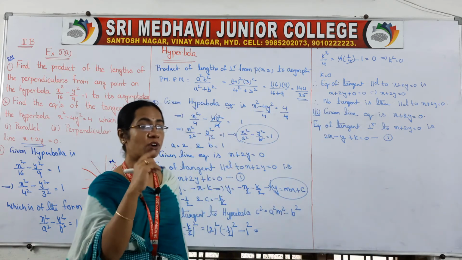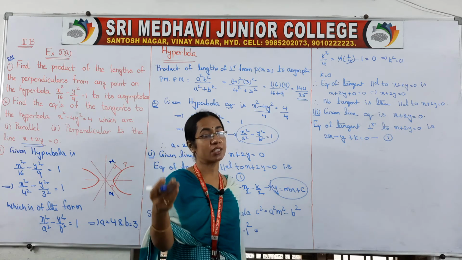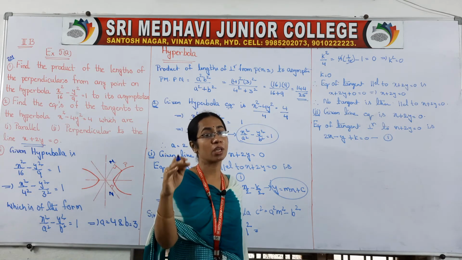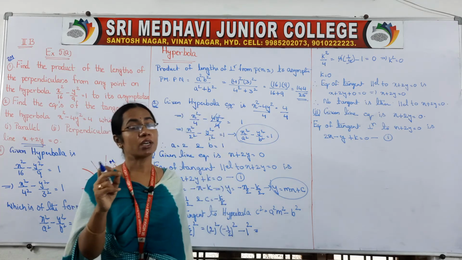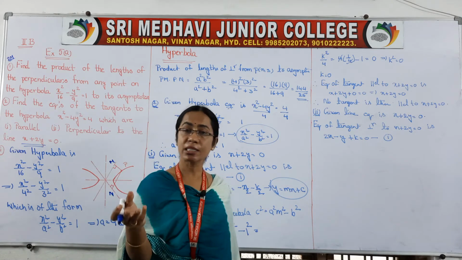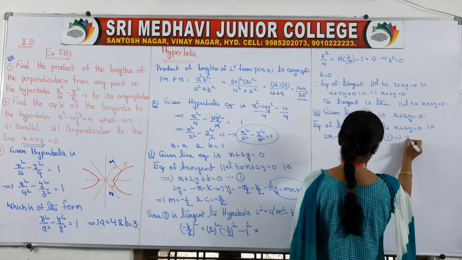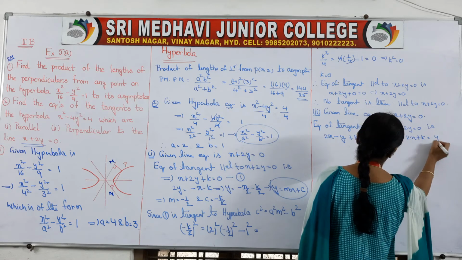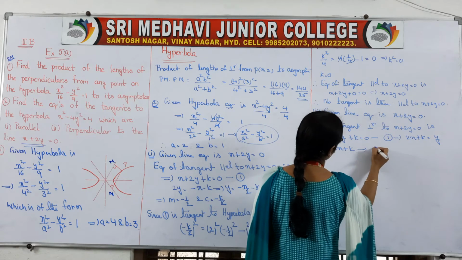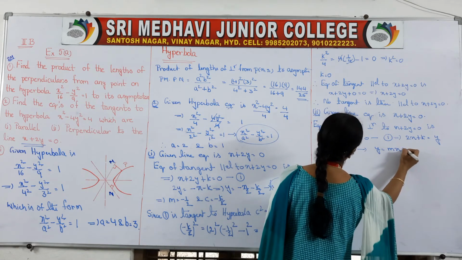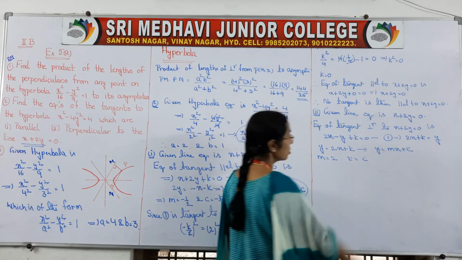So try to write it in the form of y is equal to mx plus c, so that y is equal to mx plus c is a tangent to the hyperbola x square by a square minus y square by b square is equal to 1. The condition is c square is equal to a square m square minus b square. Okay. So sending y to the other side, 2x plus k is equal to y. So we can write y is equal to 2x plus k, in the form of y is equal to mx plus c. So m is equal to 2 and k is equal to c.